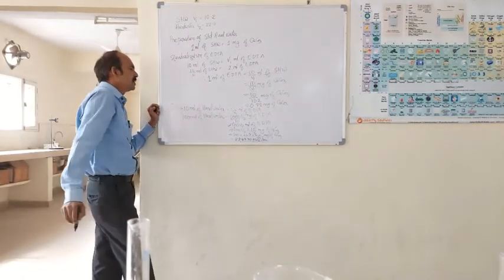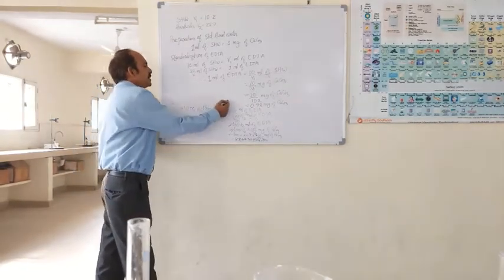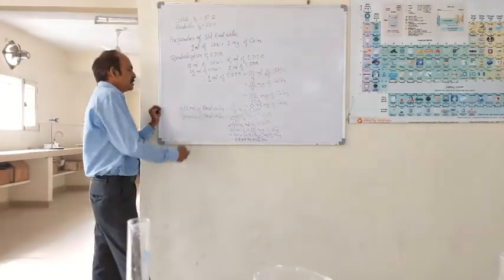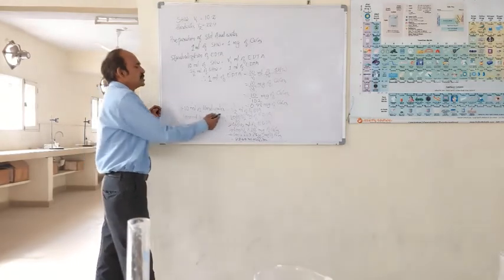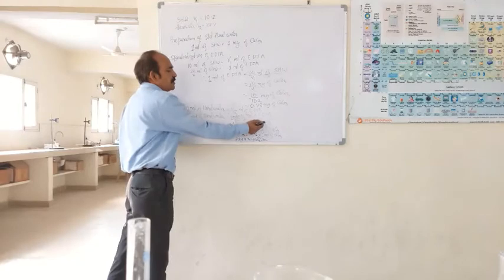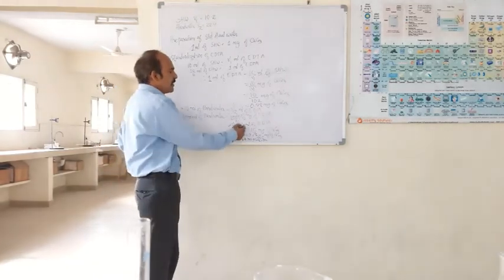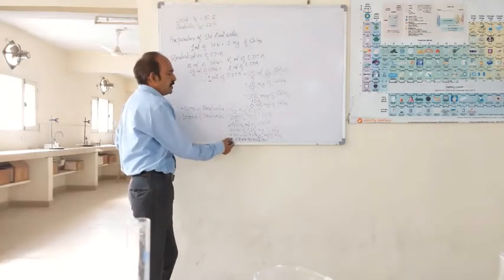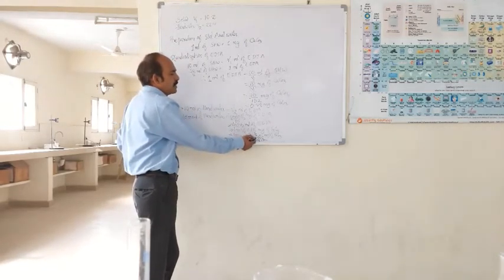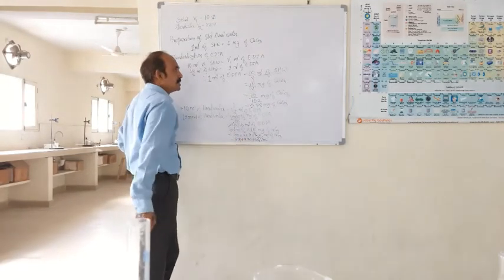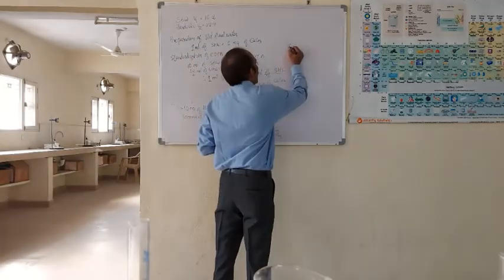When we take the hard water and calculate with EDTA, 1000 by 10 is nothing but 100 into V2 ml of EDTA. But we know that 1 ml of EDTA is equal to 10 by V1 mg of CaCO3. So 100 into 22.9 into 10 by 10.2 is equal to 2244 mg of CaCO3.